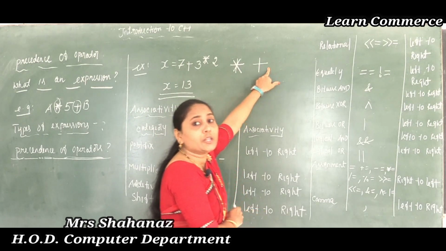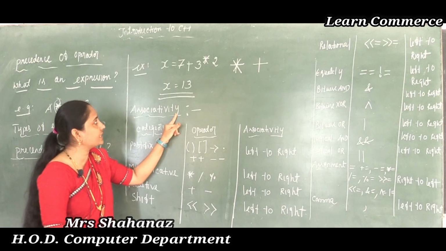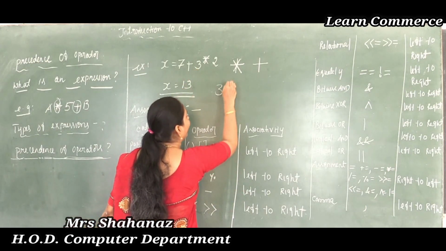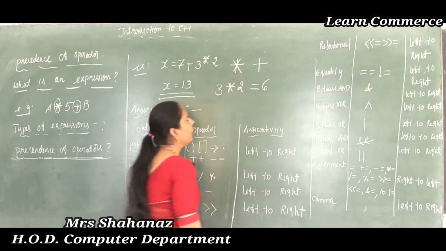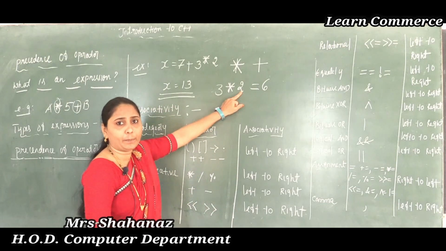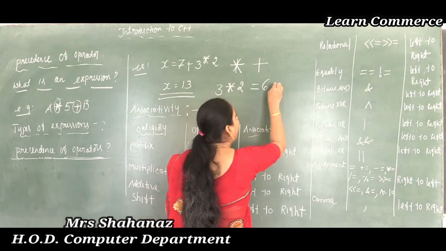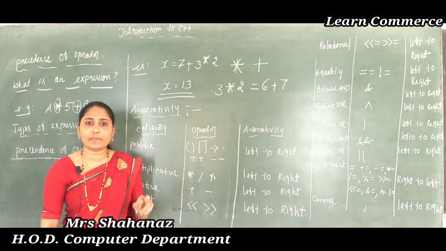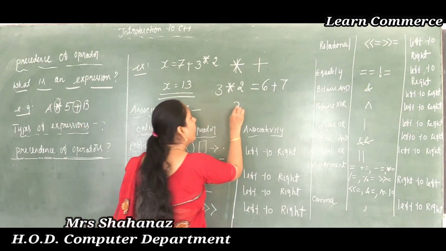Clear this part here? So in this example first of all we need to calculate 3 into 2. So now what's the value? 3 twos are 6. Clear this point here? 3 into 2, when you multiply, the value is 6, and afterwards we need to add the value 7. Clear this one? Then add 7. So 6 plus 7,